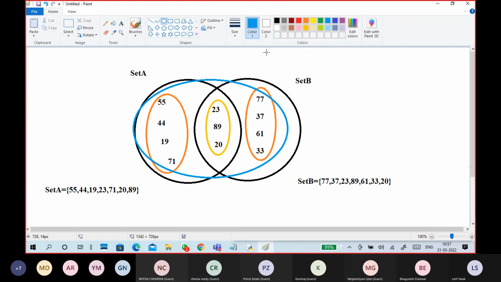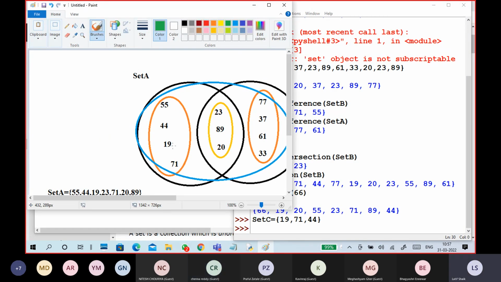Let's see. The set C thing is like this. I took only a few numbers: 19, 77, 44.